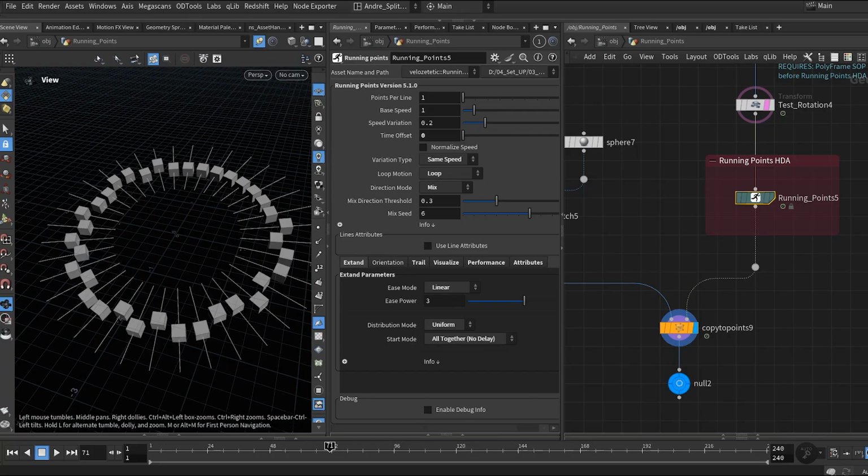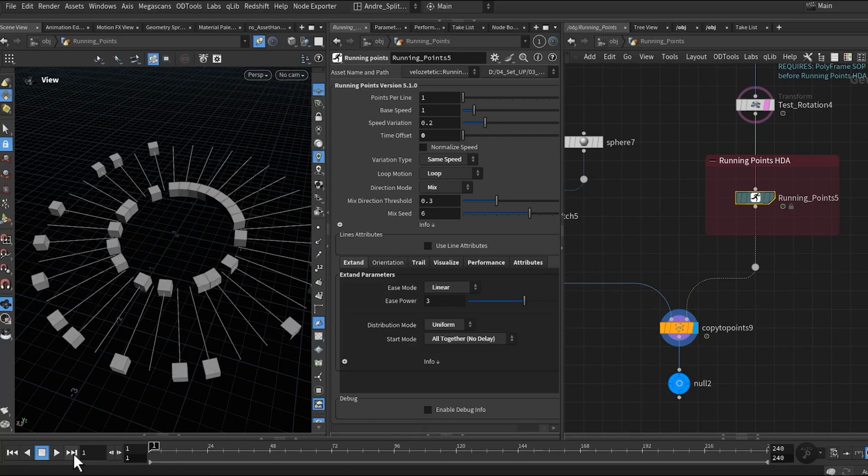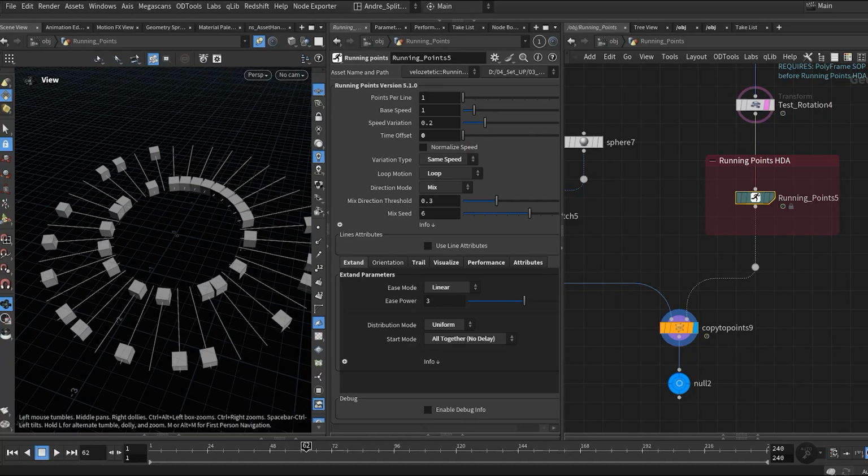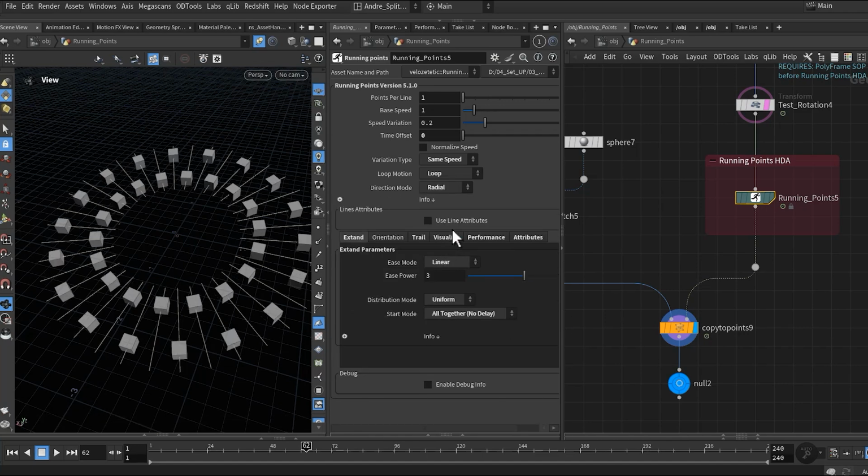Mix gives a random combination of forward and backward motion. And radial direction alternates between curves. One goes forward and the next goes backward.